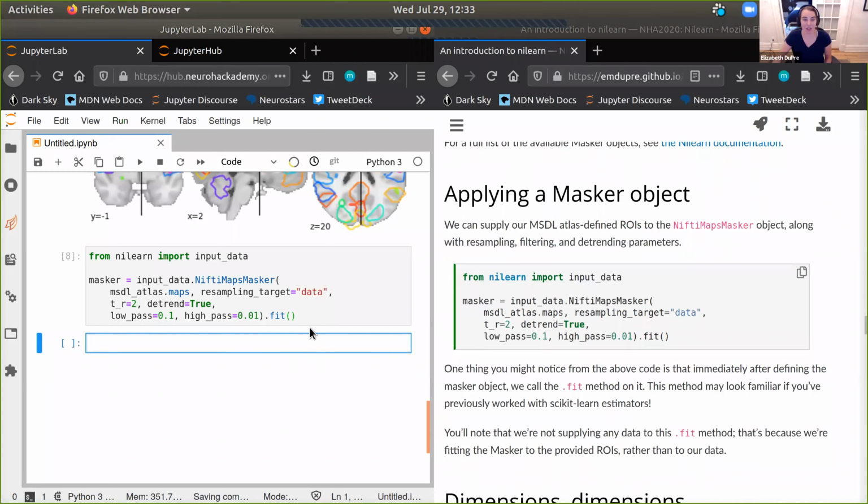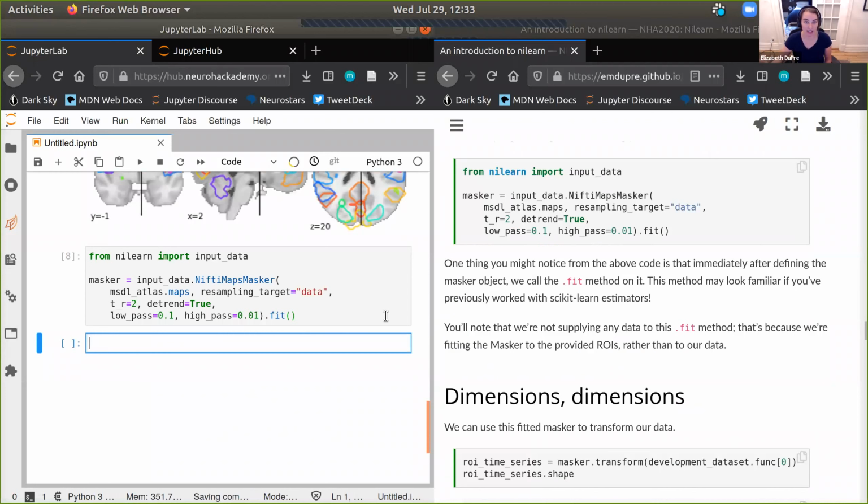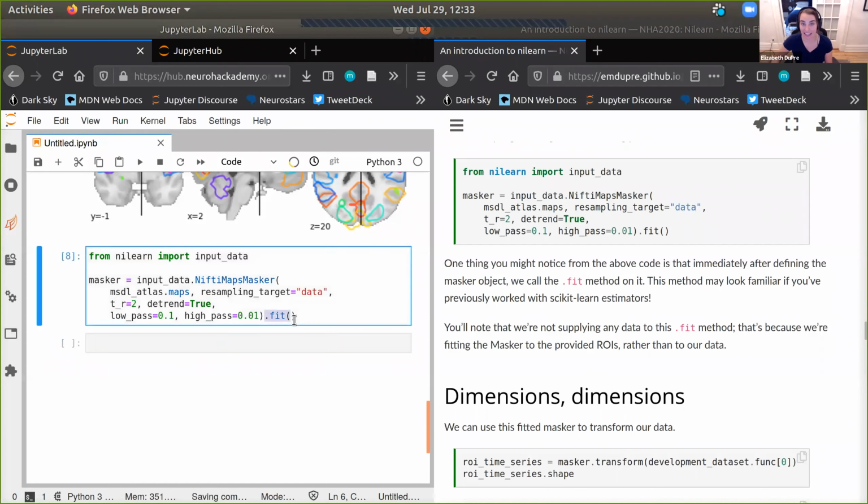One thing you may notice from this code, if you went to Tal's machine learning tutorial, or if you've already used scikit-learn, is that we're calling this .fit method. This may look familiar if you've seen scikit-learn estimators before. What may be confusing is that we're not actually passing any data to it. If you've worked with scikit-learn estimators, you may wonder why we're calling .fit but not fitting it on any data. That's a great question. The difference is that we're fitting on these provided ROIs.